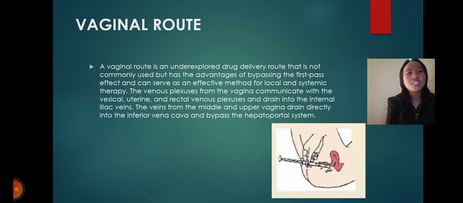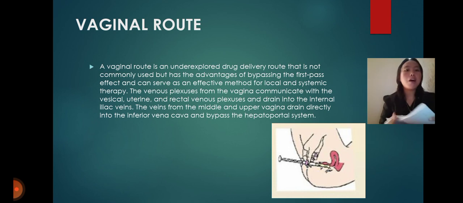So, next is the vaginal route. The vaginal route is an underexplored drug delivery route that is not commonly used but has the advantages of bypassing the first pass effect and can serve as an effective method for local and systemic therapy. The venous plexus from the vagina communicates with the vesical, uterine, and rectal venous plexuses and drains into the internal iliac veins. The veins from the middle and the upper vagina drain directly into the inferior vena cava and bypass